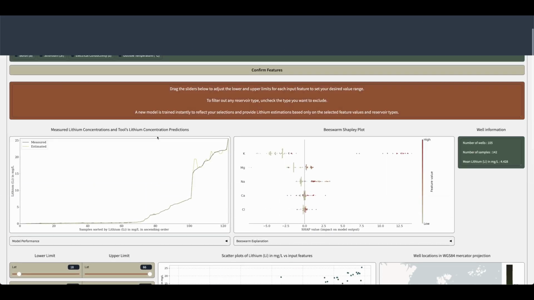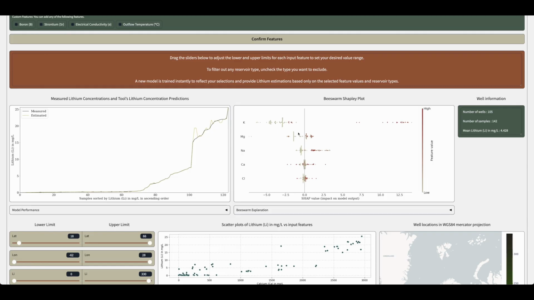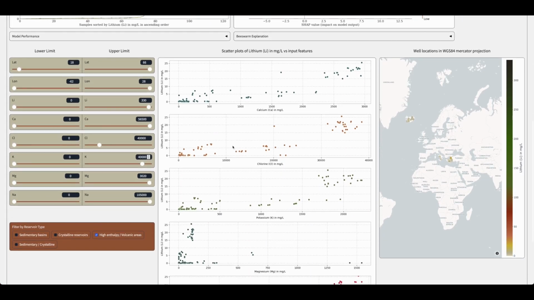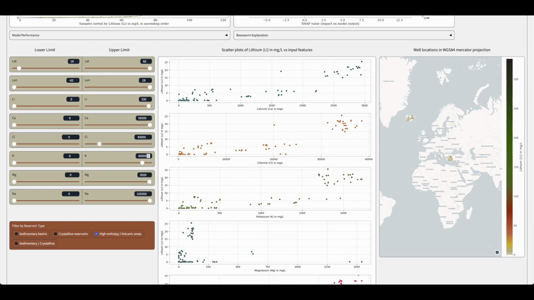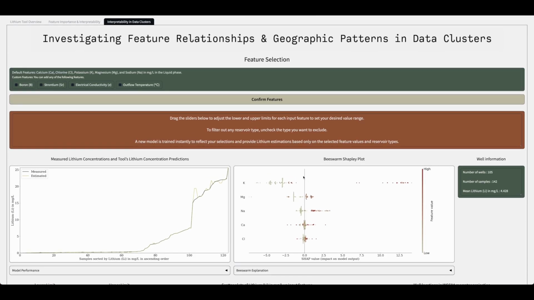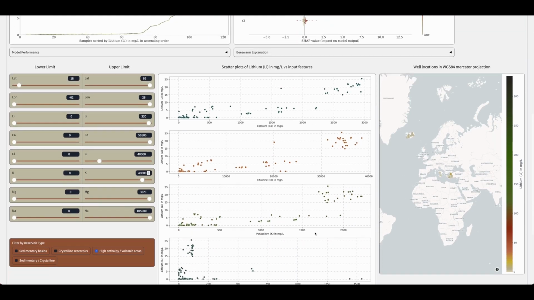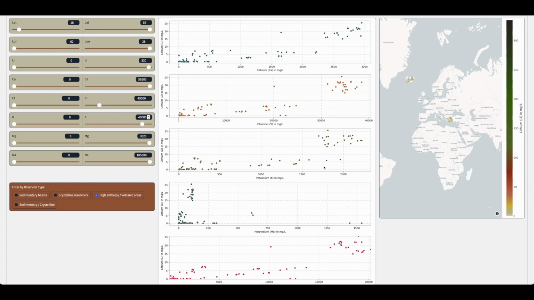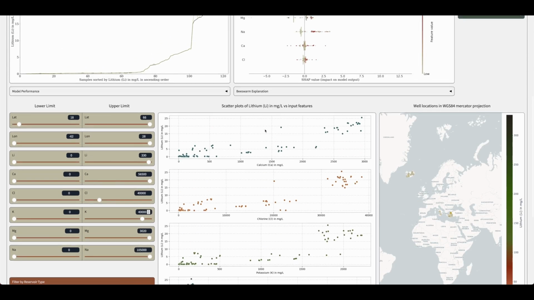Potassium appears to be the most important element, with its low, middle, and few high values having a moderately distinctive contribution towards the prediction of low lithium concentration. However, high and very high potassium levels hold high Shapley values, significantly contributing to the high predicted lithium values. This is also evident in the scatter plot of potassium, where a cluster in the higher range is apparent. Returning to the beeswarm plot, a small number of high potassium values, colored reddish, appear to have a moderate negative contribution, which is visible below in the cluster in the scatter plot. The same cluster is also observed in calcium, chlorine, and unsurprisingly sodium, which is ranked 3rd in feature importance.